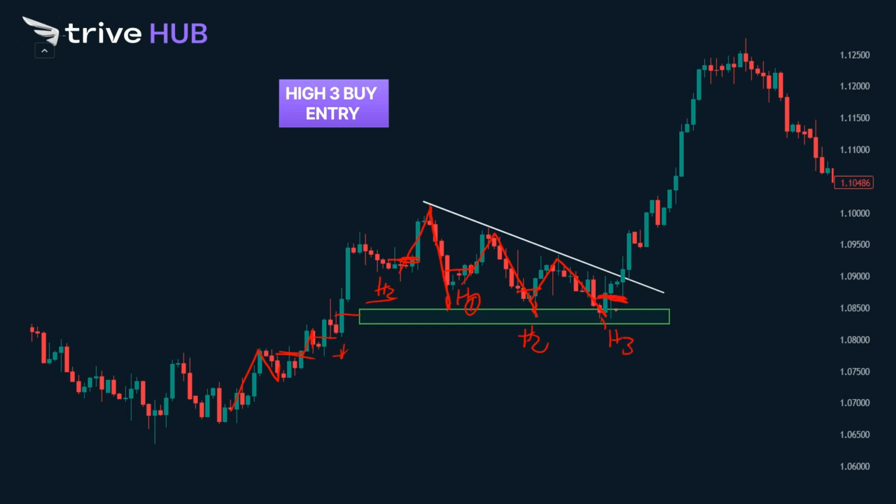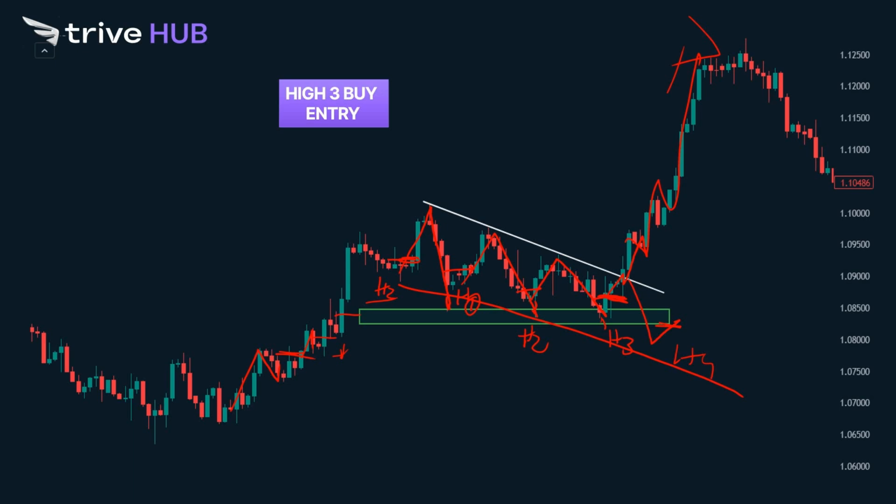And then it has given us high 3 entry, which gave a breakout above this overall triangle structure or wedge structure. Alright, and it has resumed its uptrend. But if it forms a high 4 entry like this here, then it's no longer a pullback, it will become